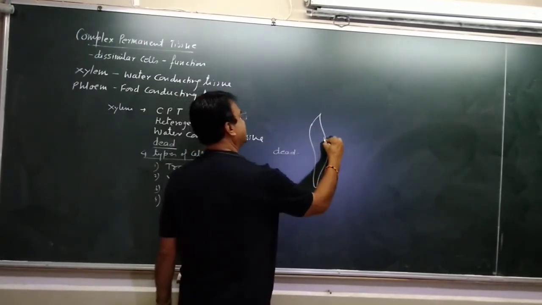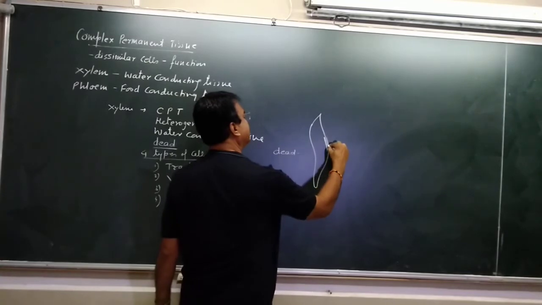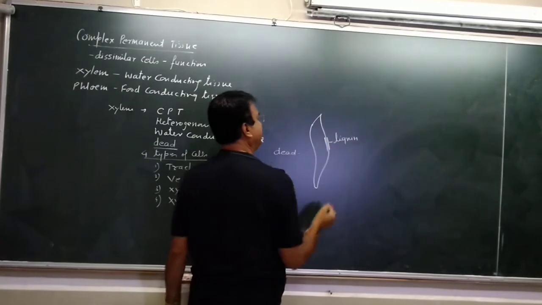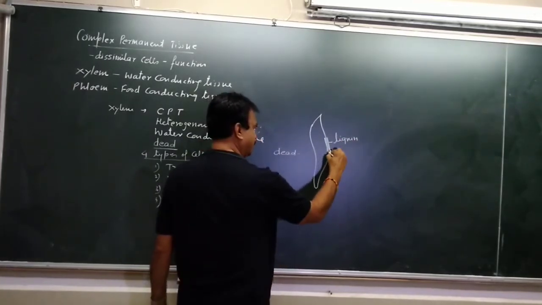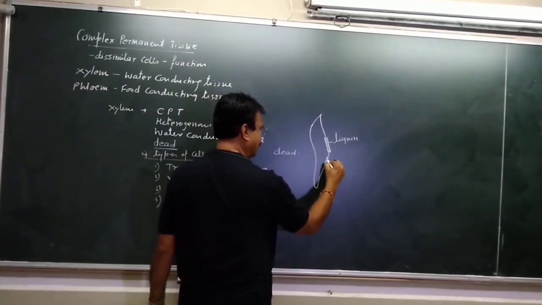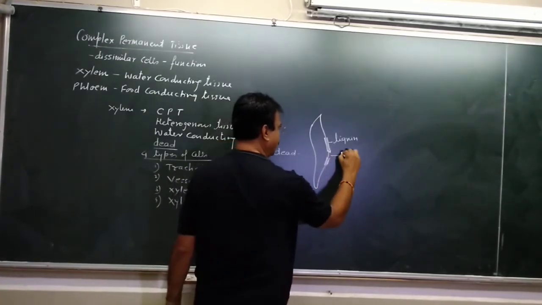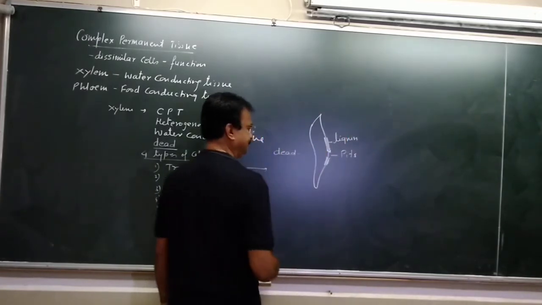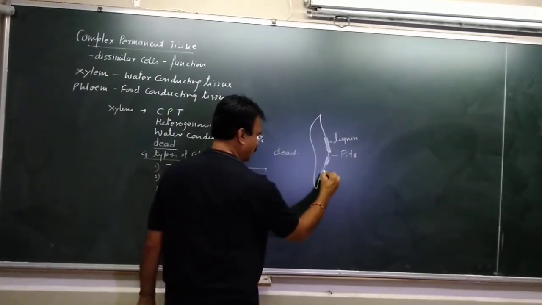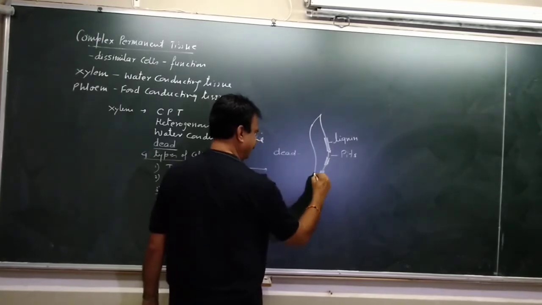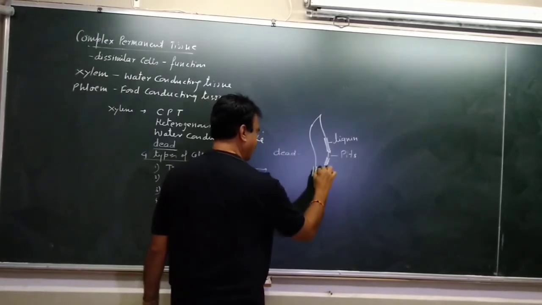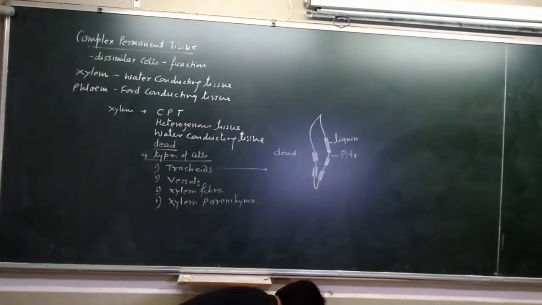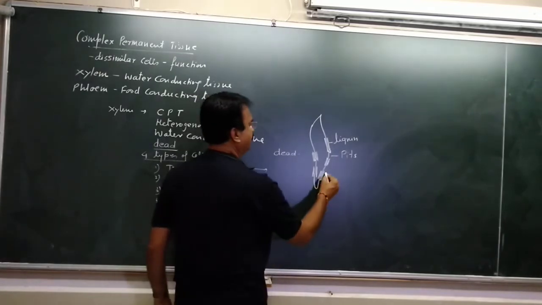And these tracheid cells are deposited with a dead substance, that is lignin. There is lignin deposition, and at some places the lignin deposition is not available, and that portion which is undeposited is called pits. Again, lignin on the outer wall, lignin on the inner wall, and this is a pit. So pits are the points from where the water enters.